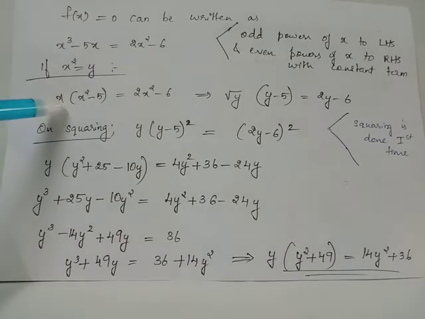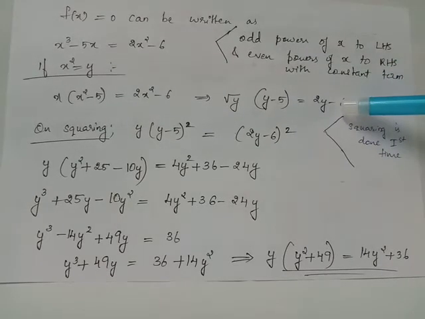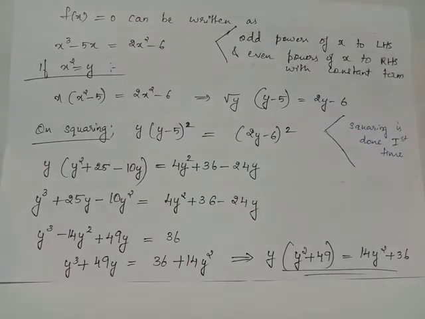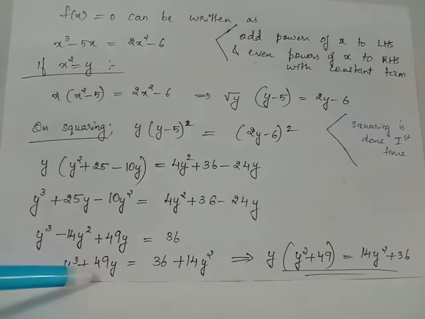In this equation, when you make the assumption x square equals y, x can be replaced by root y and x square can be replaced by y on both LHS and RHS. Thus we arrive at this equation. When you square both sides of this equation, we will get this equation. We will use the expansion for a minus b the whole square, and after simplification, we will again do the grouping such that we bring all the odd powers of y in the LHS and even powers of y along with the constant term in the RHS. Thus we arrive at this equation.